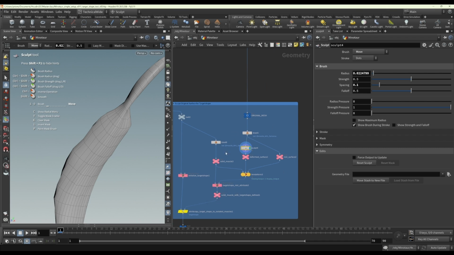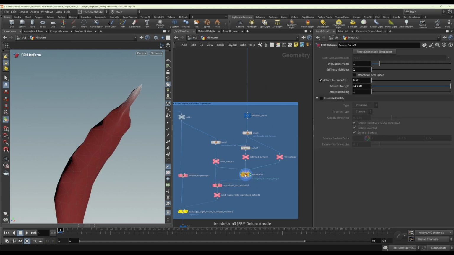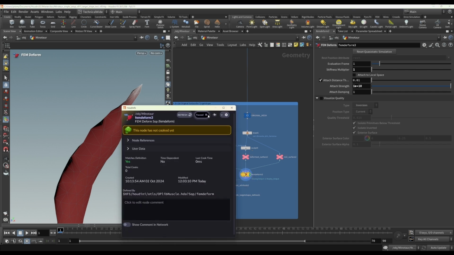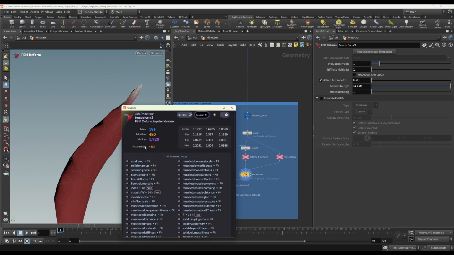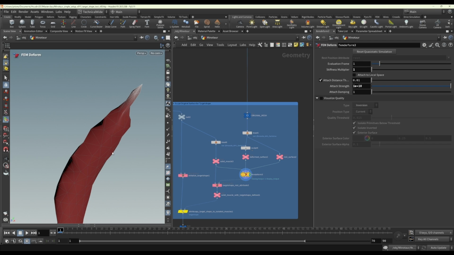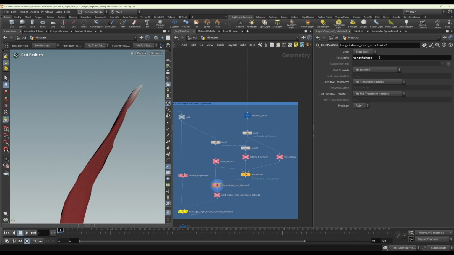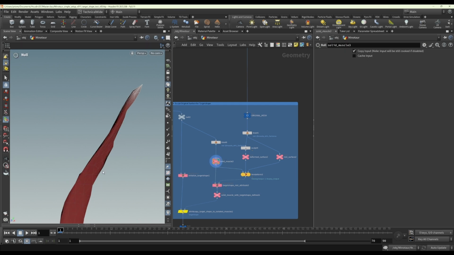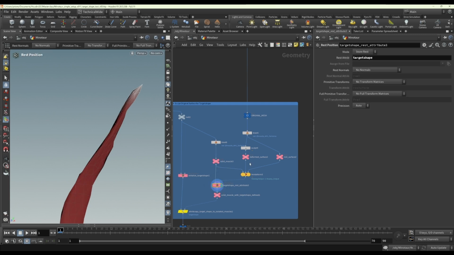Let me just show the rest of the workflow. So let's refresh it. We've got our tetrahedrons in the shape that we want. Now we need to save this shape. These are the two most important steps. We want to save this shape as an attribute called target shape on the original, by original I mean the original sim solidified mesh. So basically we will use a rest position node